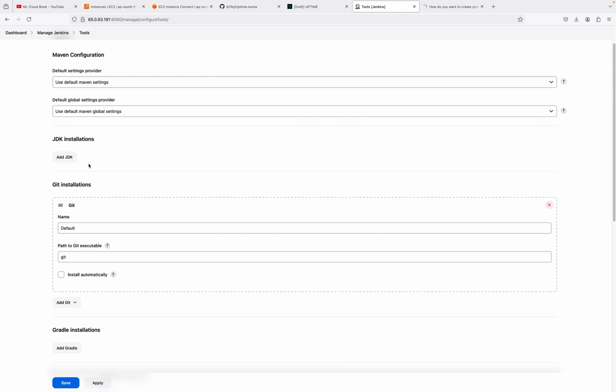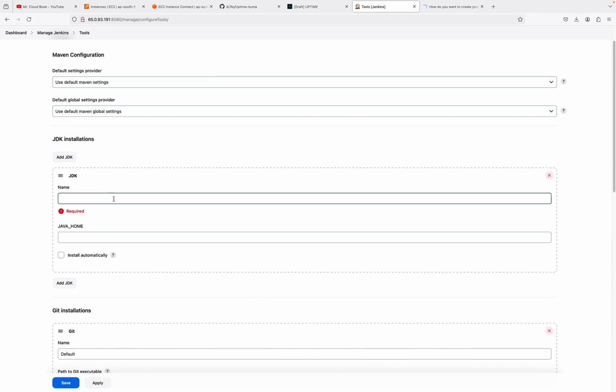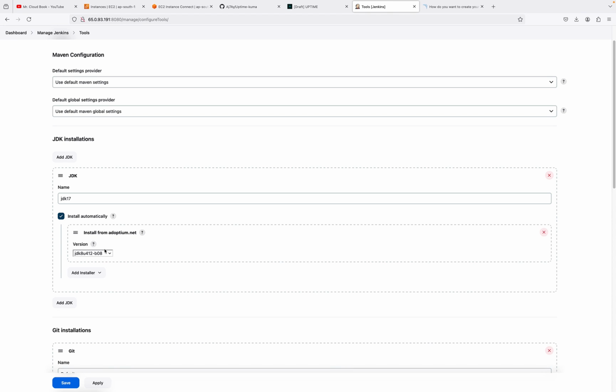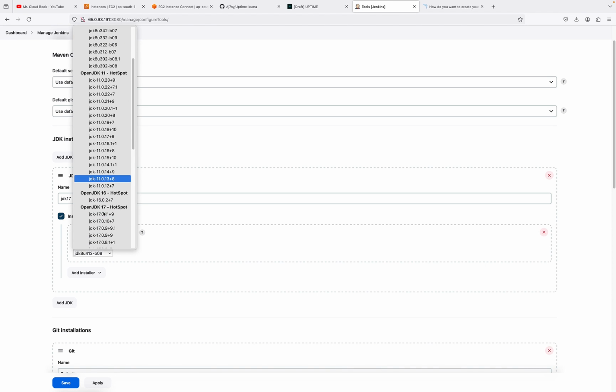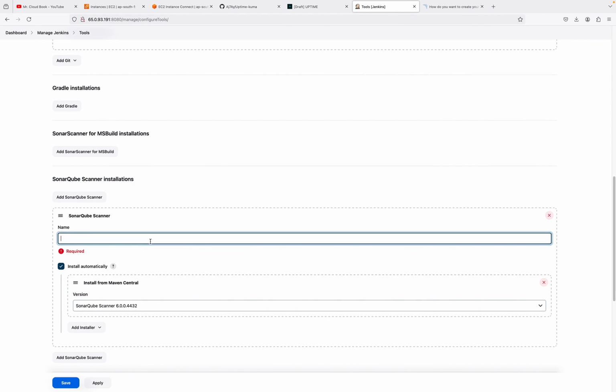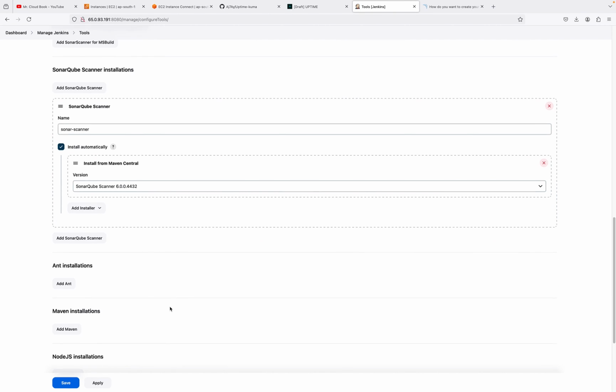Under JDK installations, you have to click on add JDK and give the name as JDK 17 or anything you want, and select install automatically, add installer from adoptium.net, and select version 17. You can select the latest version or anything, up to you. Add SonarQube scanner and give the name as sonar-scanner and use the latest version, and come